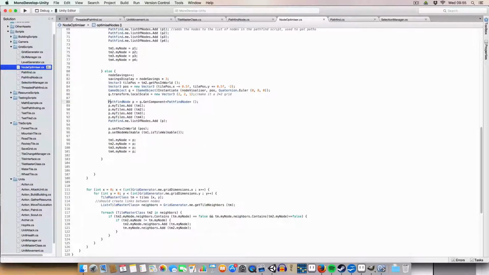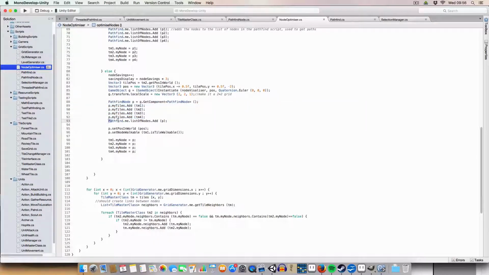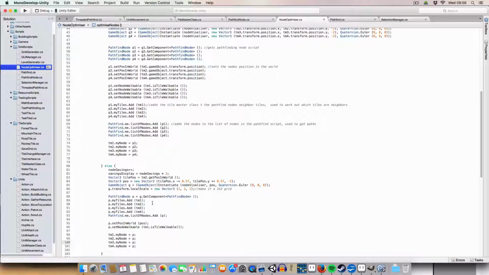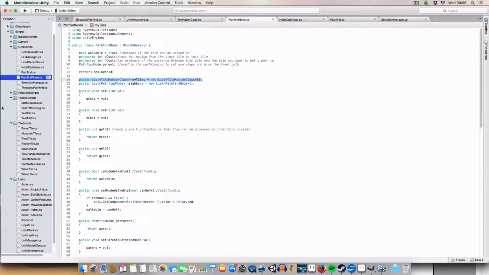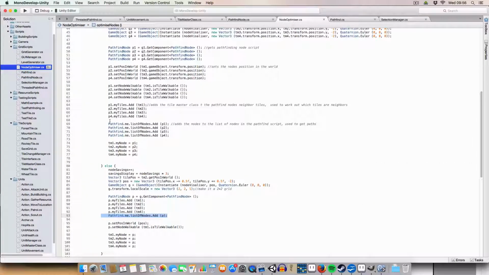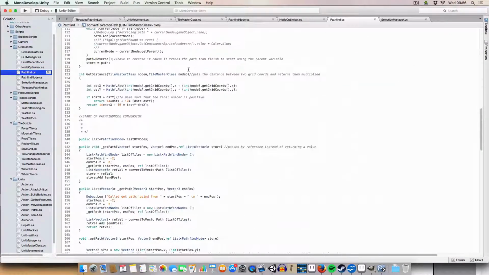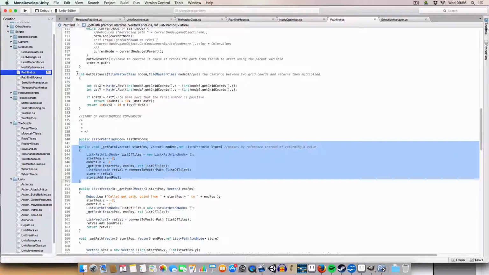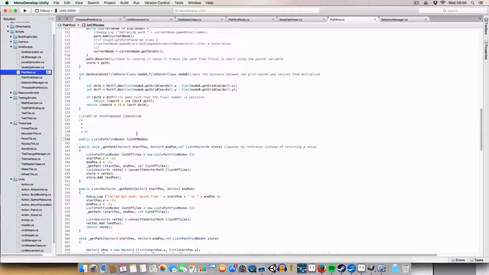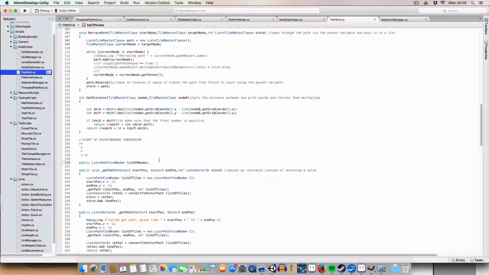Then for this pathfinding node, we add all 4 tiles to the my tiles list. And we add these nodes to the pathfinding list of nodes, which is actually the pathfind class. So we do this for if they're not the same type as well. This is basically just a list of nodes, because I've created separate methods for using the nodes and using the tiles for pathfinding, just for simplicity, and because we still use bits and pieces of this, I believe. So I just wanted to keep it all there, but